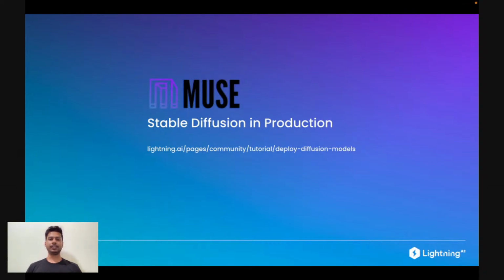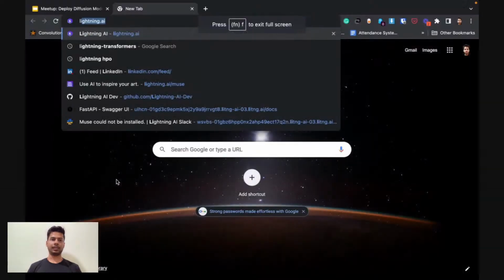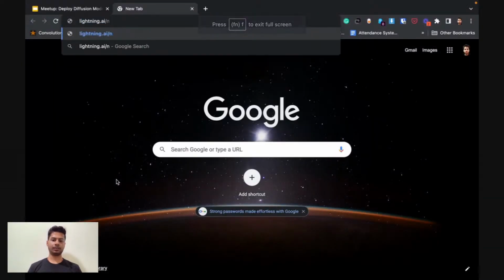Recently, we deployed a product called Muse. It is a product which deploys Stable Diffusion in production, with 300 concurrent users. It has a lot of different functionality like auto scaling and dynamic batching. It also comes with a UI which you can play with. You can enter a text prompt and generate an image out of it. If you want to learn more about this product, you can go to the Lightning AI blog, and also you can just go to lightning.ai, Muse,